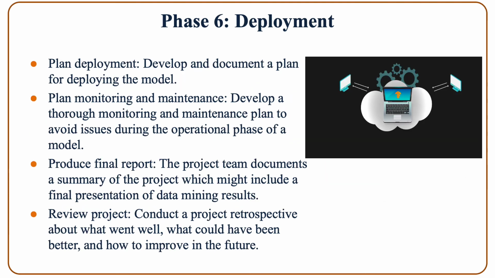The final phase is deployment. Depending on the requirements, the deployment phase can be as simple as generating a report, or could be deploying a model on the cloud accessible via an API. The final phase has 4 tasks. The first is to plan deployment. You would develop and document a plan for deploying the model. You would plan monitoring and maintenance. Develop a thorough monitoring and maintenance plan